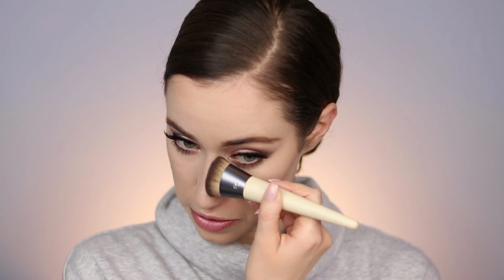So I'm just taking that with the Physicians Formula bronzer. Definitely makes a really good precise line. So I think I'm going to use it just to map out where I would contour and then use a fluffy brush to blend it out. I wish I would have tried it with foundation almost. I feel like it would be great for that. I'm going to use it down the sides of the nose, underneath, under the lip right here, under the chin a little bit. So it definitely gives a precise kind of line, but I usually like something, you know, a